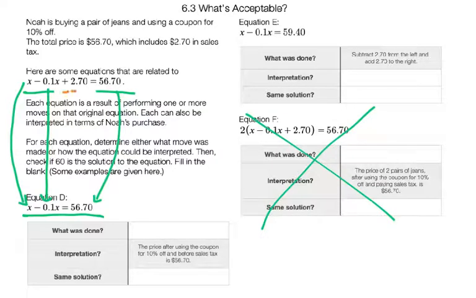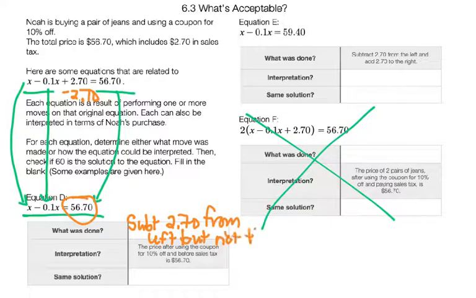I should subtract $2.70. But this never changed. So what was done? Well, they subtracted $2.70 from the left, but not the right. So if they didn't do the same thing to both sides, am I going to get the same solution? No,